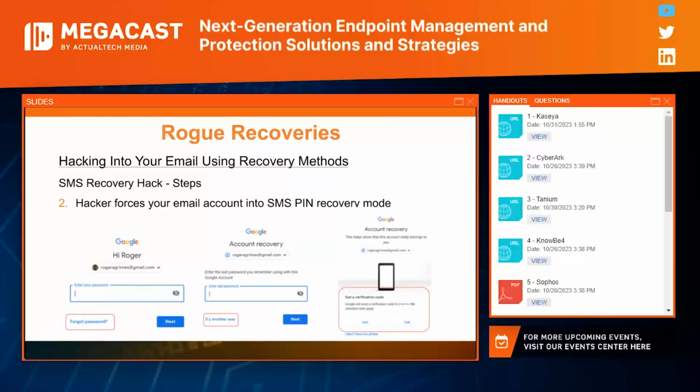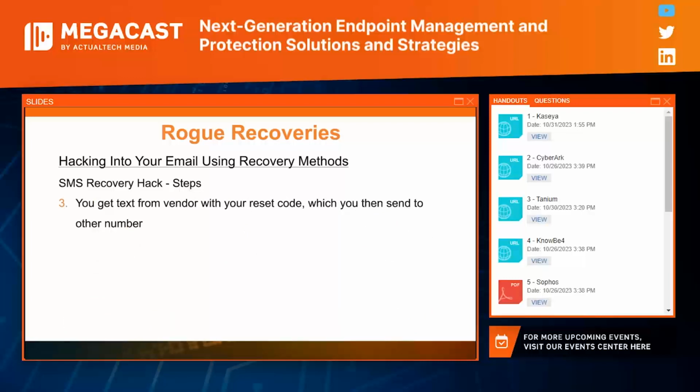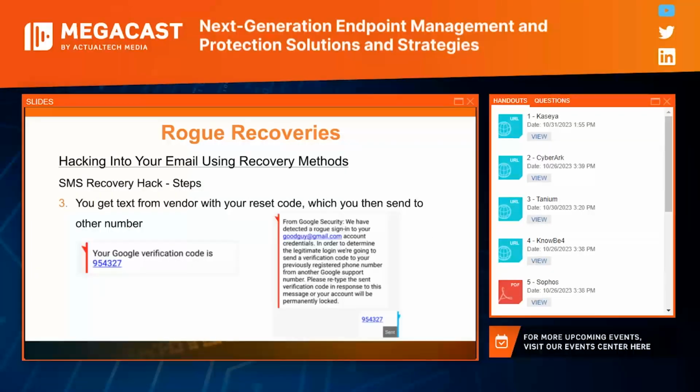And this is the hacker. The hacker gets to pick, and the hacker's like, oh, I want you to send a verification code to my previously registered phone number. Then the victim gets that code. That is from the real Google account. They then type that in response to the original SMS message, which is from a fake Google support person, and that person uses the number to take over the account. This is very popular. See it all the time.